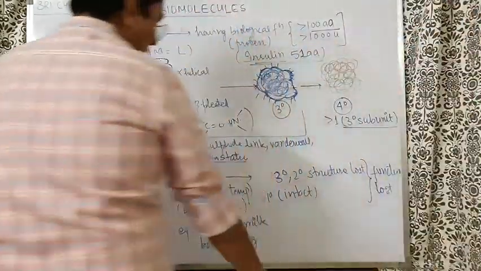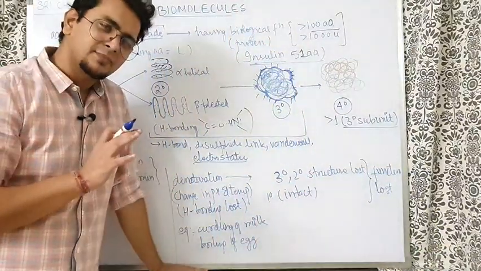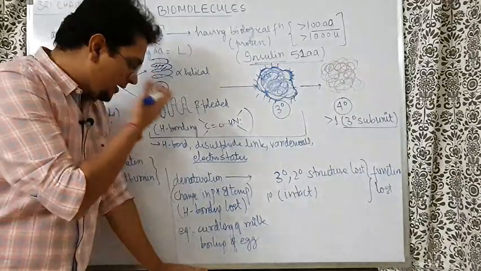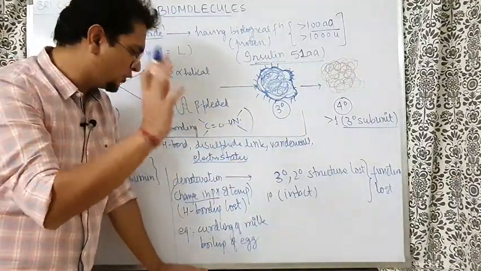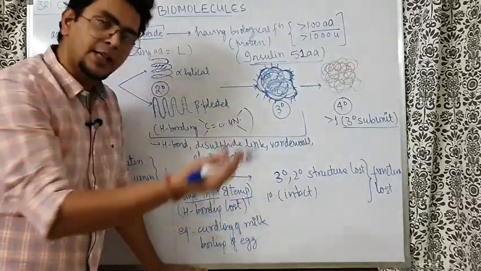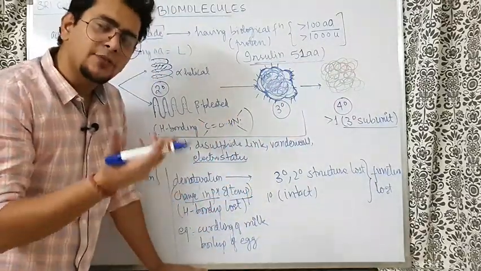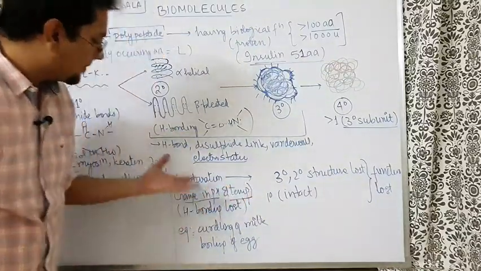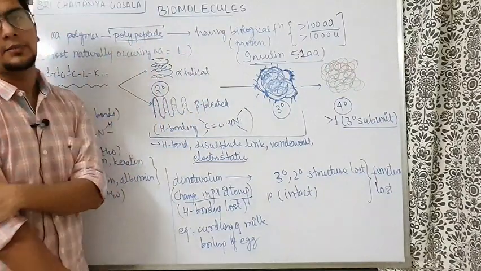Going ahead. What is denaturation of protein? Because proteins are very sensitive, they get hurt very easily. Why? If you make a little bit of change in pH, any chemical change, or a physical change like temperature change. pH change is called chemical change. Temperature change is called physical change. You do any physical or chemical change like a change in pH or temperature, the hydrogen bonding gets disturbed.